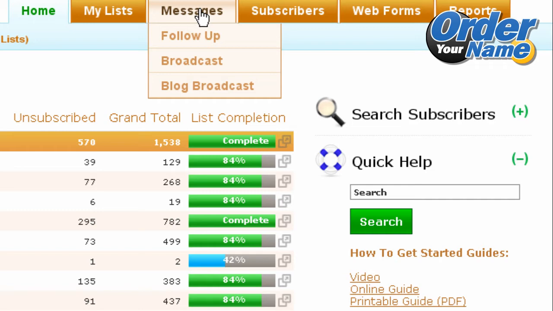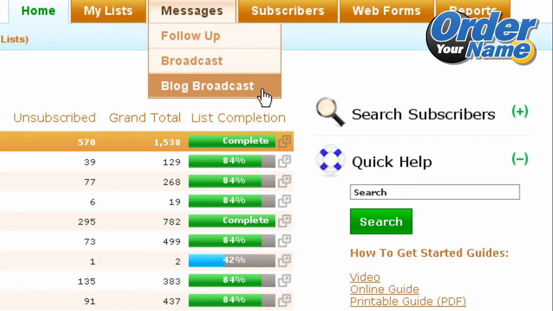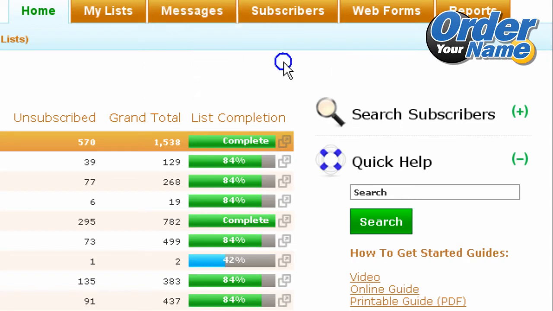It could be a follow-up message that the subscriber would receive right after they have entered their name and email address, or it could be a broadcast message that you have manually sent out to all the subscribers, which is not part of the initial follow-up emails. And then you can also send a blog broadcast. And in the next tab here,